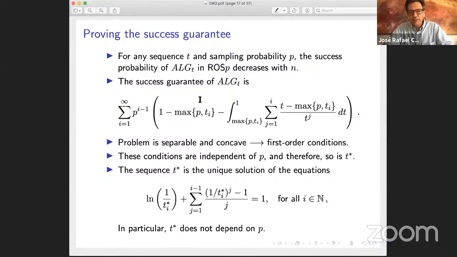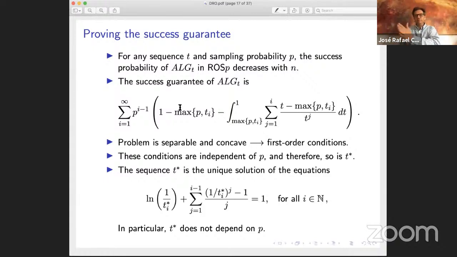And you get that the problem is separable and concave. So you just need to look at first order conditions, and the first order conditions are independent of P. Very nice. So you get a sequence T star, and this sequence gives you the optimal guarantee. So the other step that you need to do is the first line in my slide, that is proving that